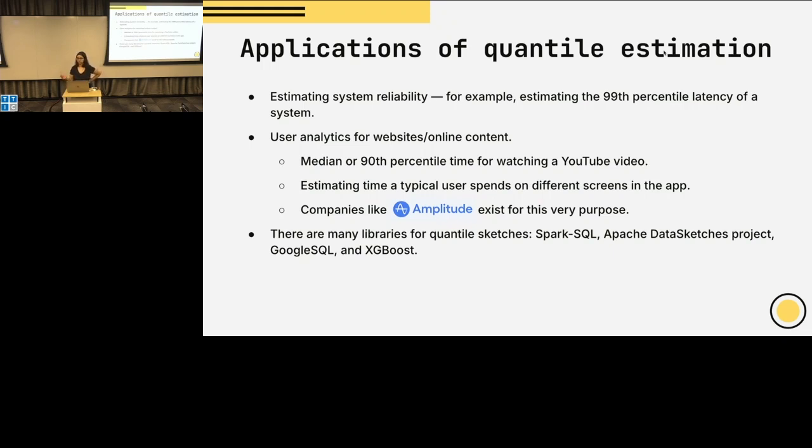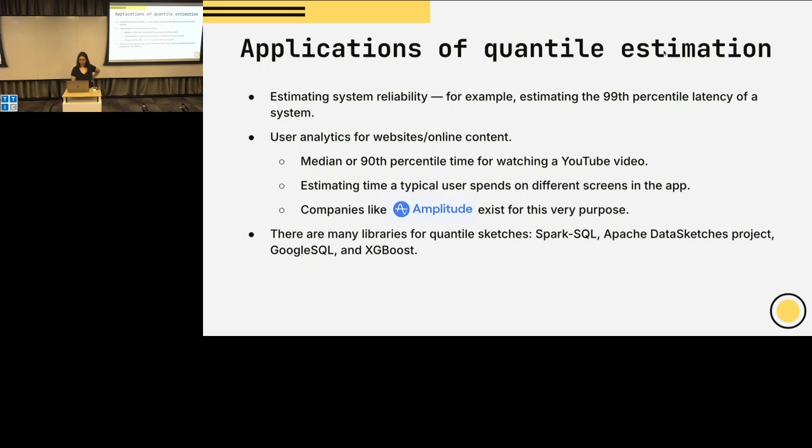There are companies that exist basically to do these sorts of user analytics as efficiently as possible. There are a number of libraries for quantile sketches, and I have no idea whether our algorithm would actually be more efficient in practice than some of the existing things out there. There are a lot of cool existing things, and even though asymptotically they're worse, they're only asymptotically worse by so little that even if the constants in our algorithm are small, probably only 5 or 10, it's unclear to me if the saving is large enough. I'll talk a little more at the end about practical considerations.